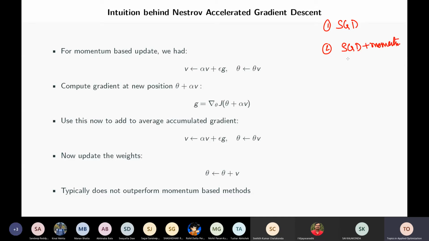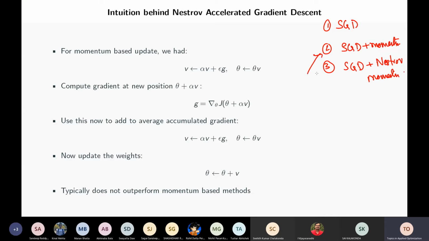Okay, so that's the second one, and the third one is SGD with Nesterov momentum. So the momentum methods are of two types. There is one, Nesterov momentum. Nesterov is the Russian scientist who proposed his own variant. So what he did is, remember that the original